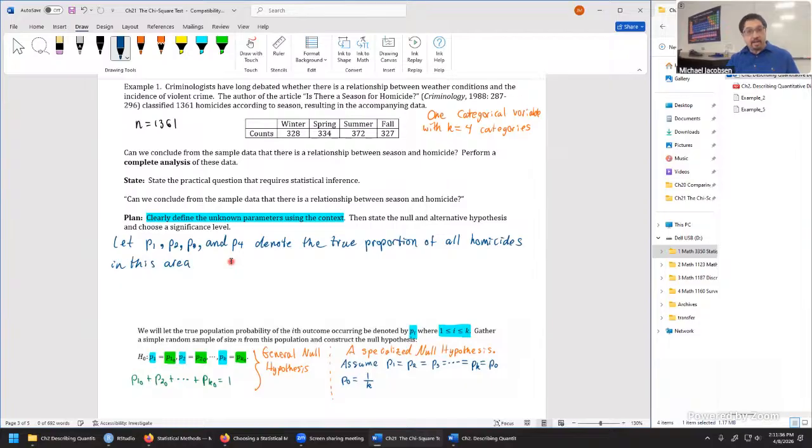When I say in this area, what I'm meaning is this real world data here, this study was looking into one particular region, city, or metropolitan area, not necessarily national data, or definitely not global data. So we're thinking about one particular area, and we wanted the true proportion of homicides, all homicides in this area that occur